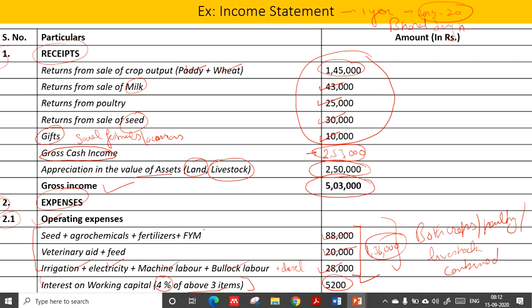Why do we take this interest on operating expenses? We have to take care of this interest because we have this money and we chose to spend it on our farming activity. Otherwise we could have used this money to lend to somebody and earn interest. The least I am considering is 4%. Let's say you will be earning 4% interest. I am using 4% because 4% is the rate of interest charged on KCC of a farmer.